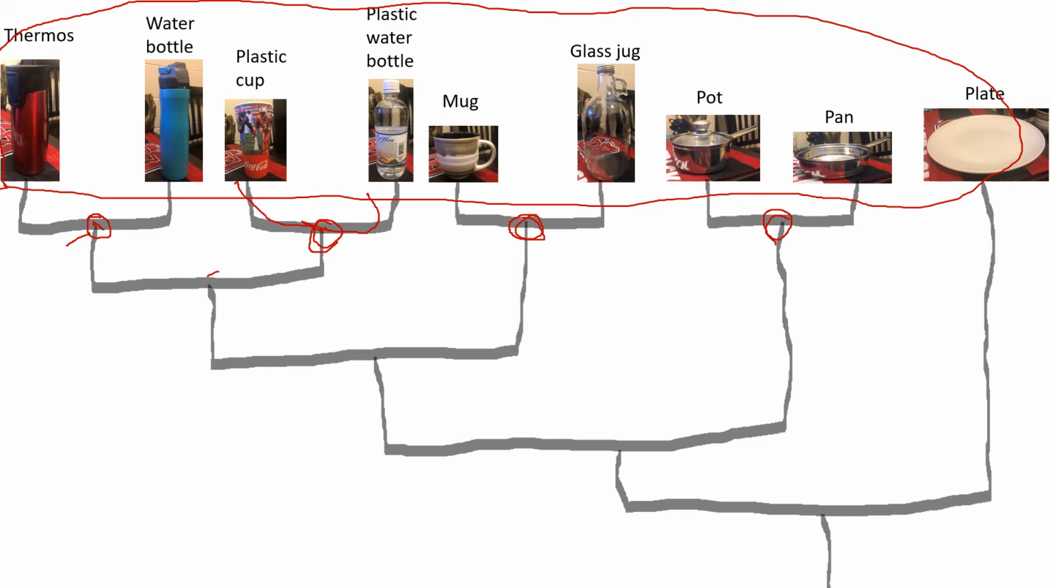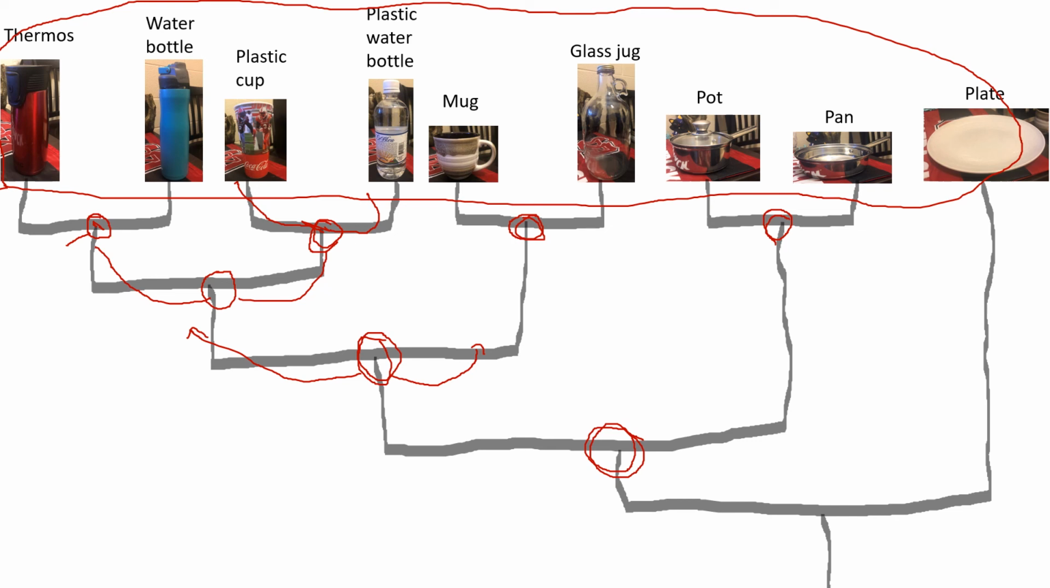Then this common ancestor would be durable because these objects all are less easy to break and are more durable. This internal node represents the common ancestor for objects that would hold drinks or liquids, things that we would commonly drink out of, like mugs and cups and things like that. This common ancestor would be for objects related to holding liquids or